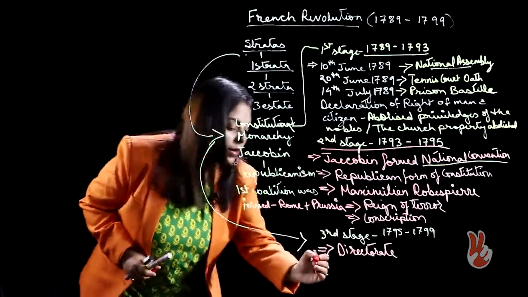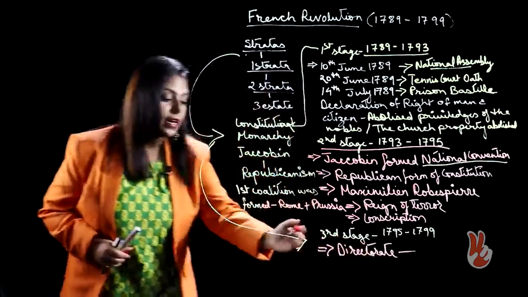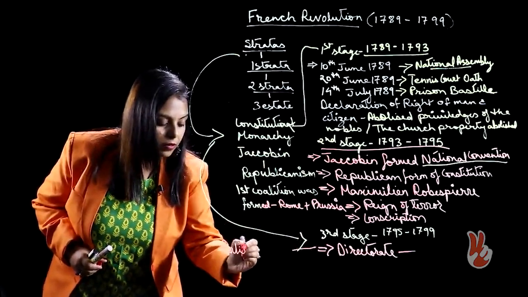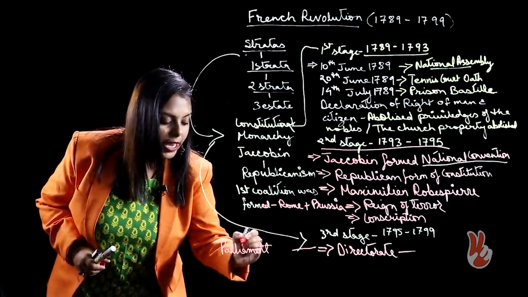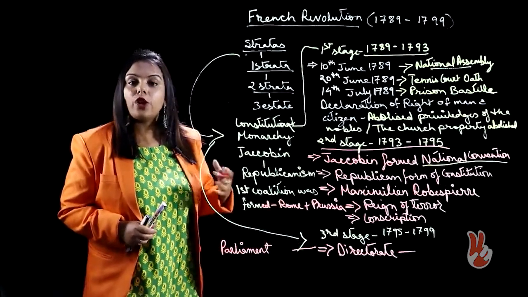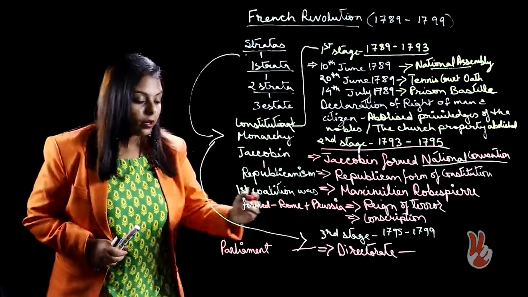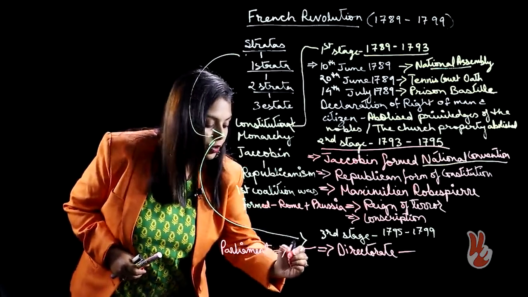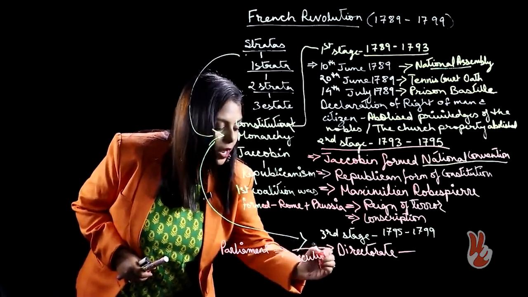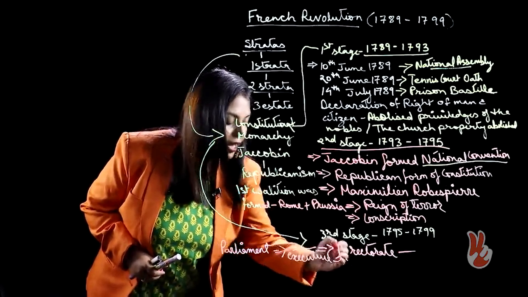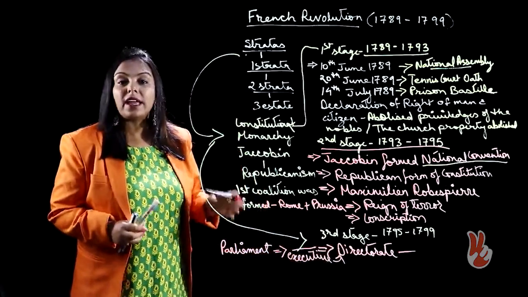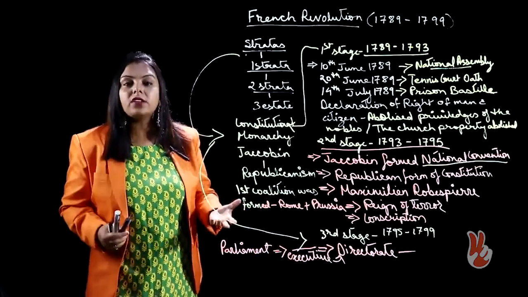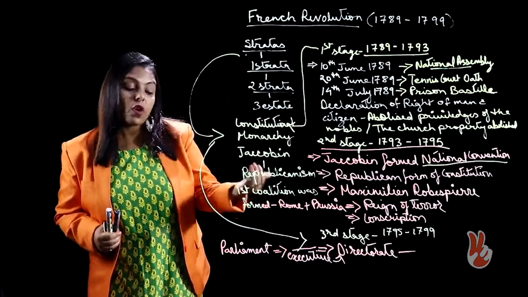Now, let me write it down. What happened with the Directorate? The Directorate introduced a parliament. The parliament was changed after a duration of time, but the main function, or the main law, was made by an executive. This executive was known as the Directorate. Okay. Now, this executive was permanent, and this executive was also not